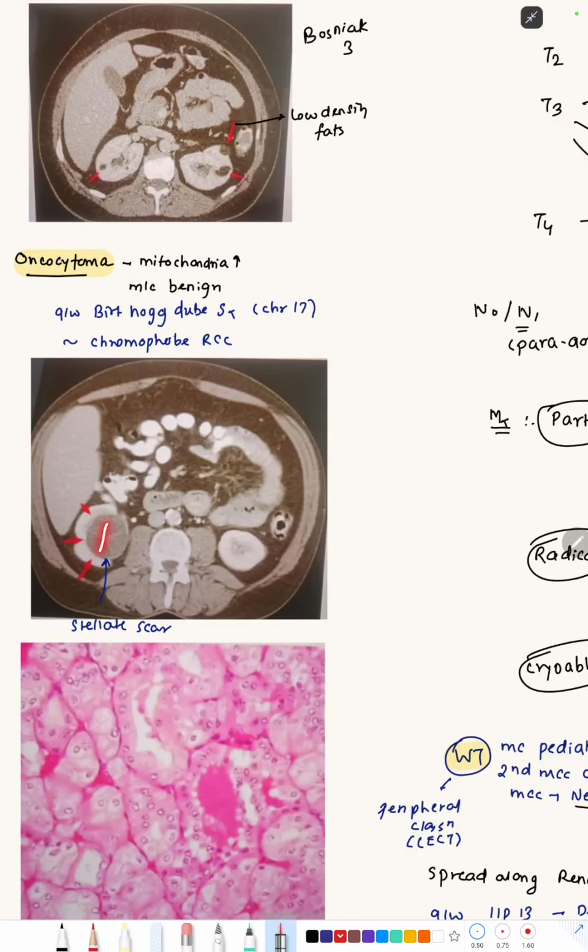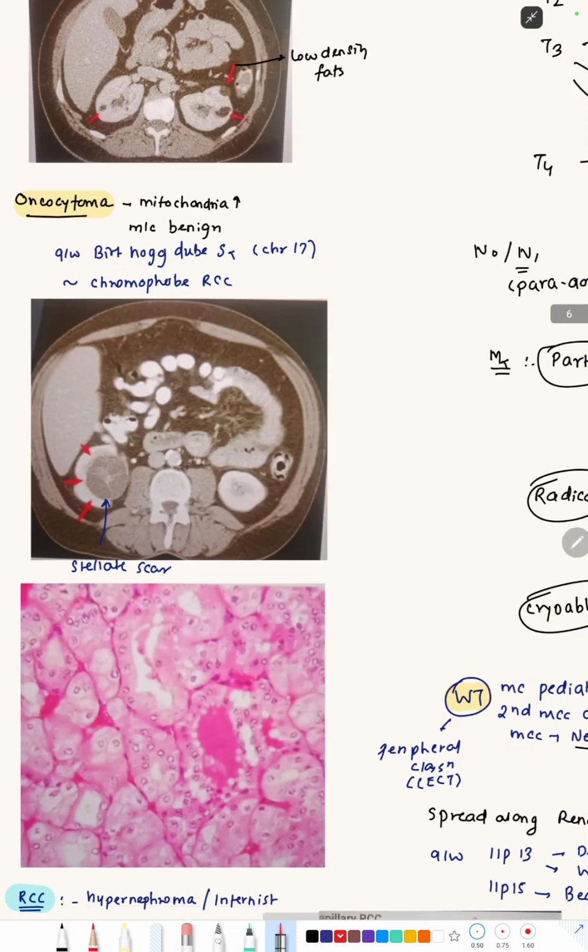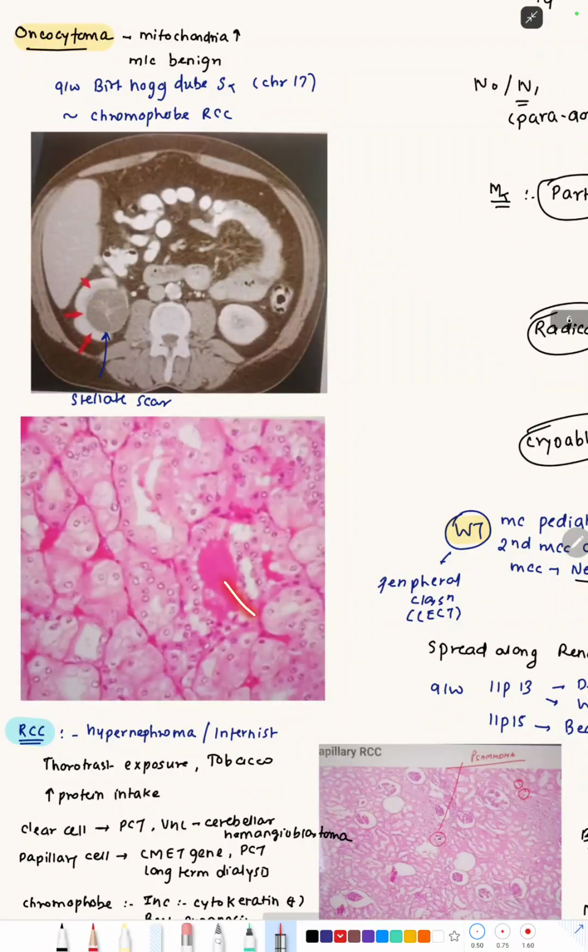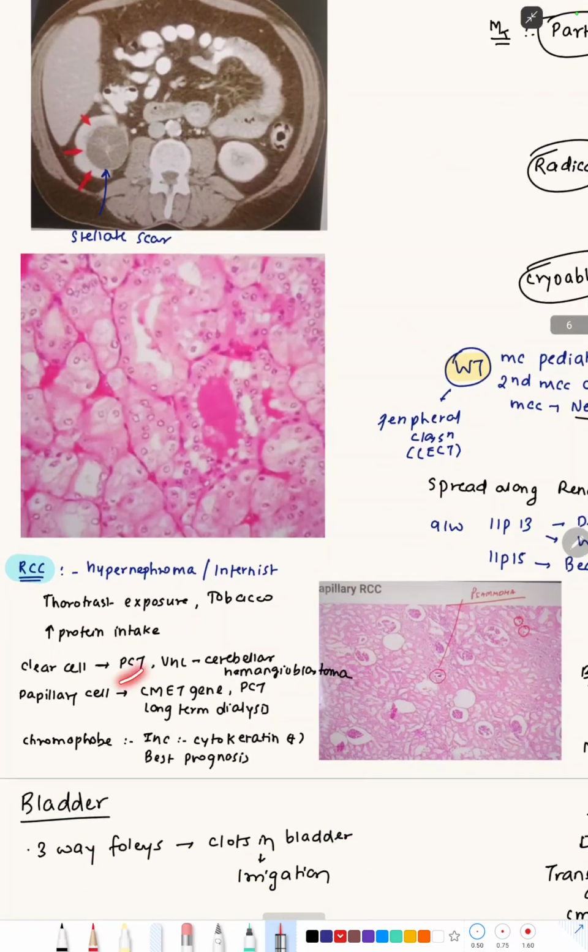There's a central stellate scar that is seen on CT, and also it has got an eosinophilic cytoplasm because of increased number of mitochondria. Now talking about the carcinoma, renal cell carcinoma, it is also called as hypernephroma or internist tumor. The risk factors are thorotrast exposure, tobacco, or increased protein intake. There are different types of it. Clear cell carcinoma. The structure where it is seen is the proximal convoluted tubule, associated with von Hippel-Lindau syndrome,